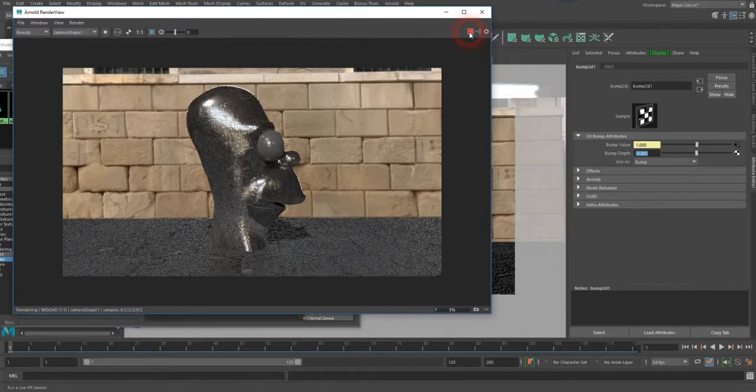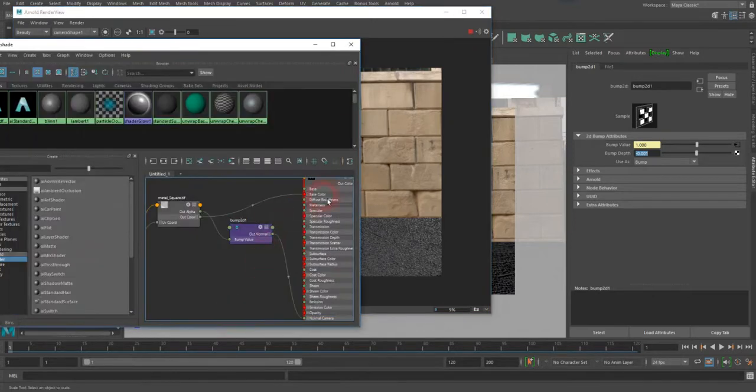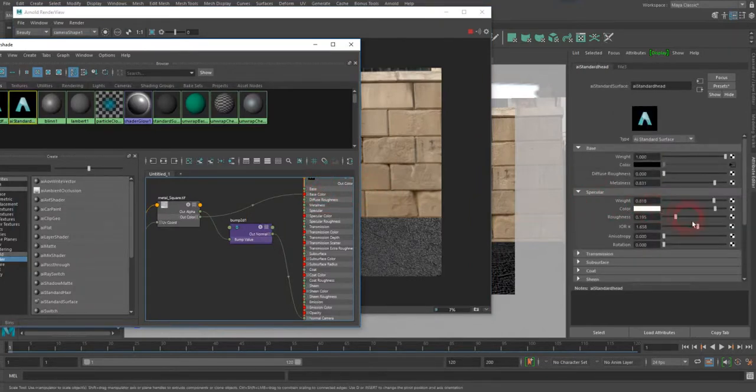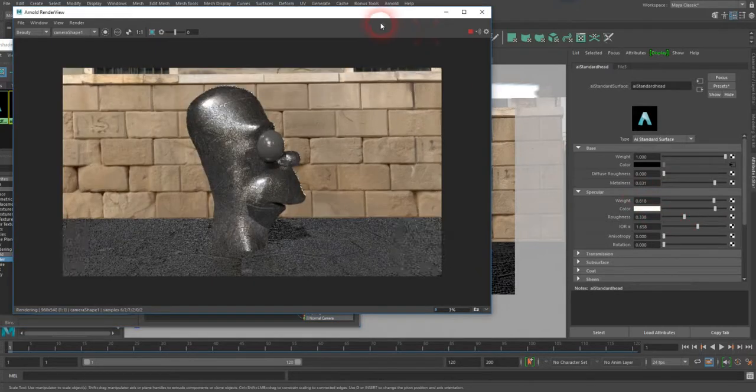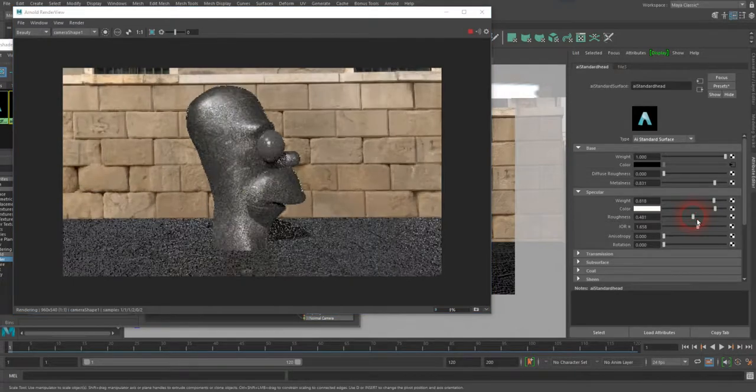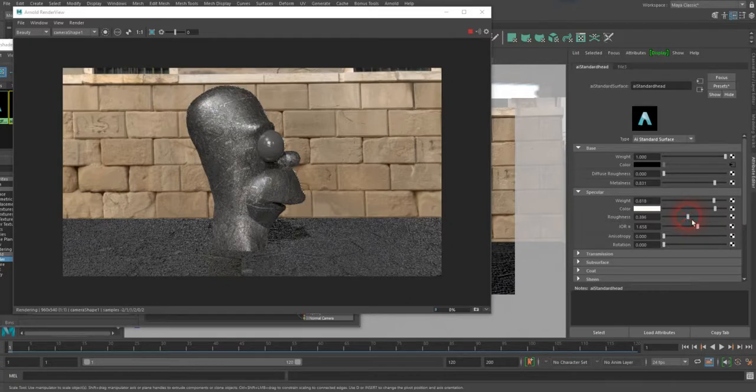It's not so shiny, and I'm going to change the roughness on the shader a tiny bit. When I click on the shader, I crank up the roughness so that it loses a little bit of that shiny look. Maybe that's a bit too much. There we go. Now I'm going to also do the same